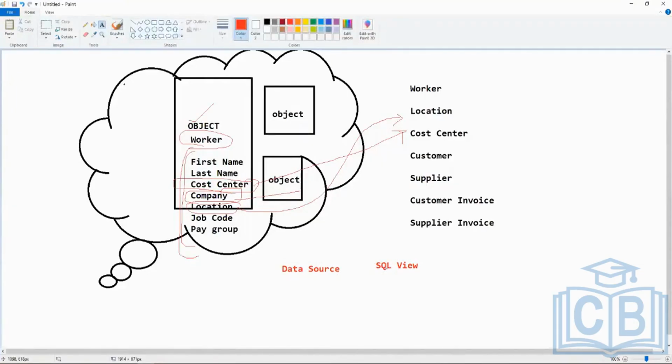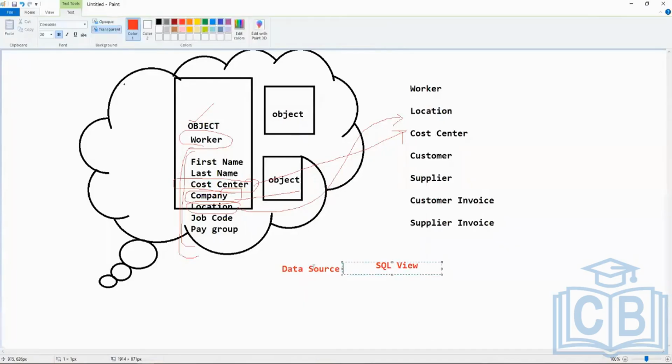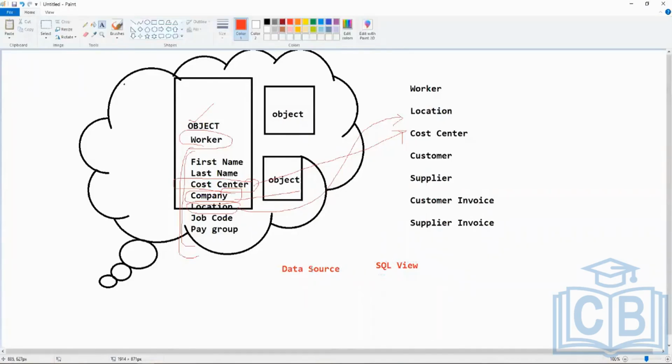Right. SQL view, what's a SQL view? A SQL view is built on a SQL table, where you have the SQL table plus a condition. Similarly, a data source is also the same stuff. A data source is built on an object with some specific condition listed.